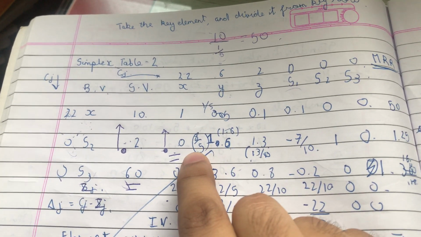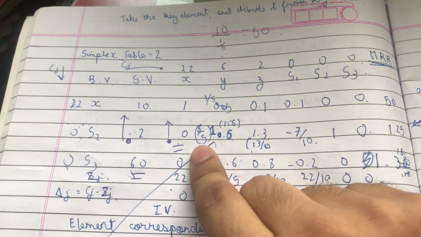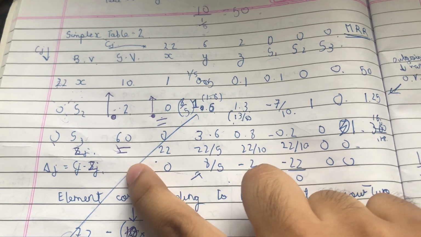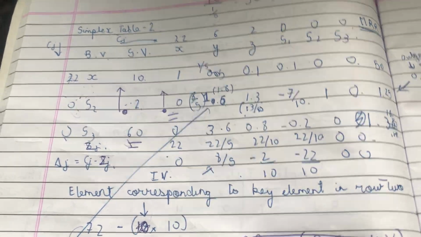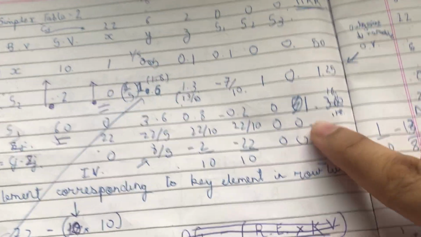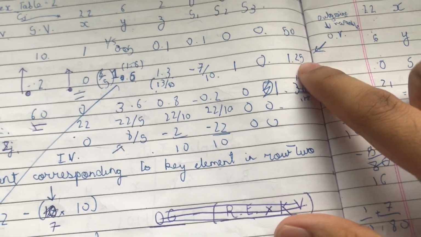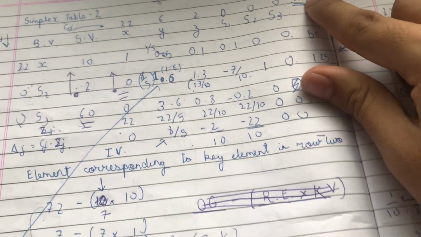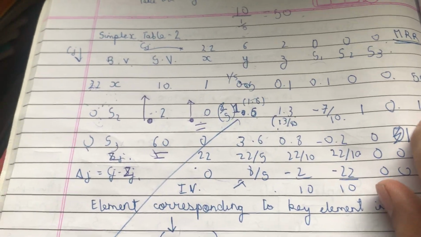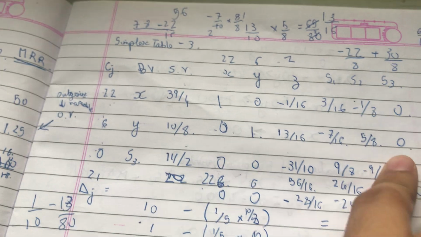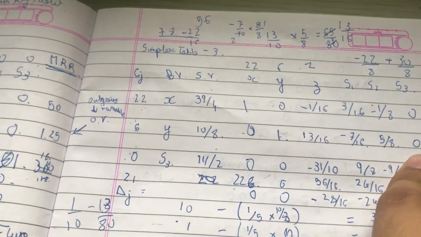Now 2 divided by 8 divided by 5 which is 1.25, and then 60 divided by 3.6, 3.6 is what I don't know, but around something along the lines of 16 point something. This is our lowest value, right? Minimum is this, so that will go out and incoming variable will come in. You brought it in, we are back to that originally.